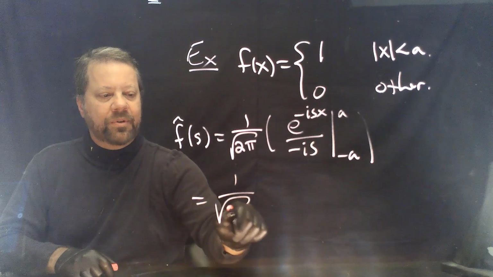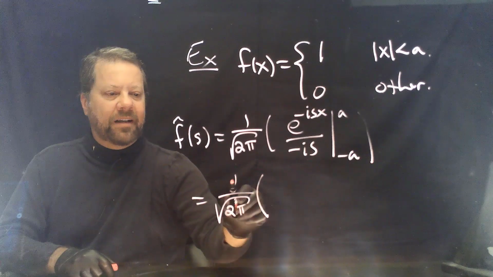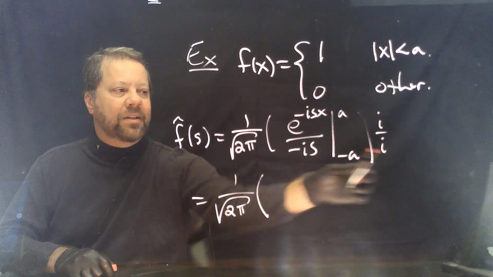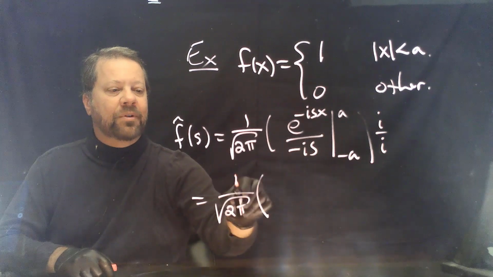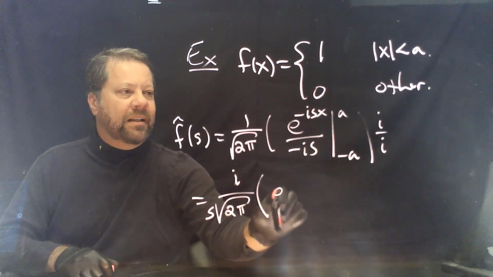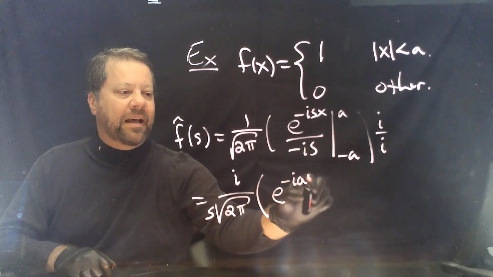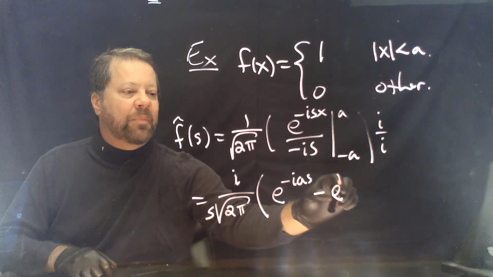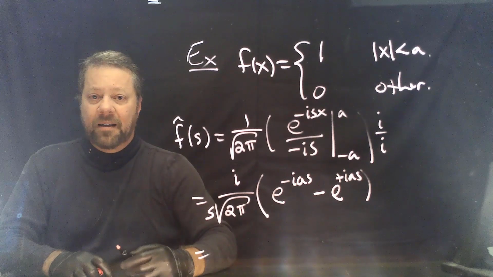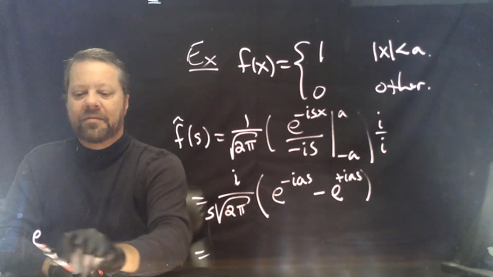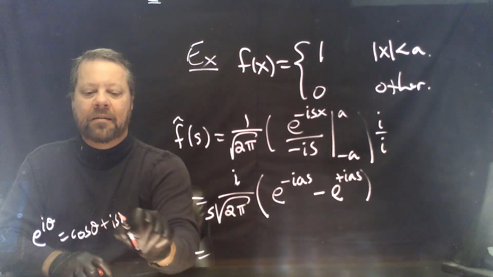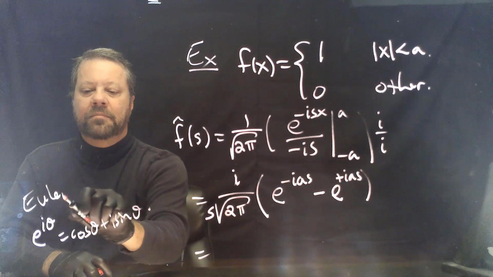This gives us 1 over root 2 pi. We'll have this minus is. If we multiply by i over i, squared is negative 1. That'll cancel the negative here. We'll just have an i here. We'll still have this s. We're going to get e to the negative ias minus e to the positive ias. And so we can apply the Euler identity here. E to the i theta is cosine theta plus i sine theta. Due to Euler,